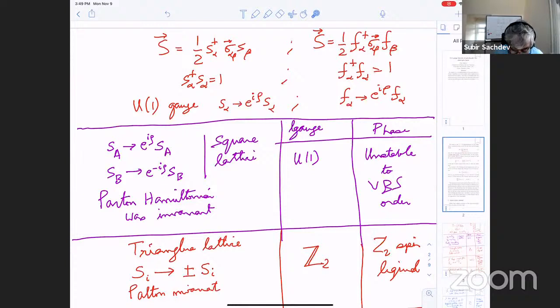I'm trying to encapsulate all of that in what I think is the best way to do it and unify them. It turns out, in the end, I believe that one of the first approaches, which got a bad reputation for a while, is the best. It's the parton construction. As far as I know, every state that anybody's ever discussed can be described using the parton construction. And it's usually the simplest way, at least for me, this is my own bias, I guess, since I've worked with it a lot, to understand what's going on. I mean, the point is that